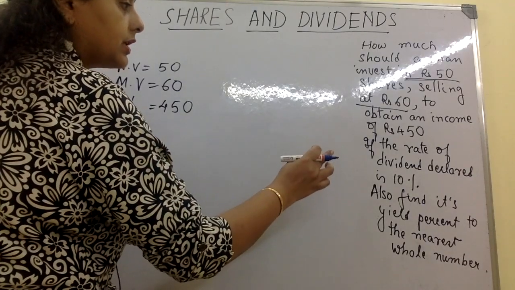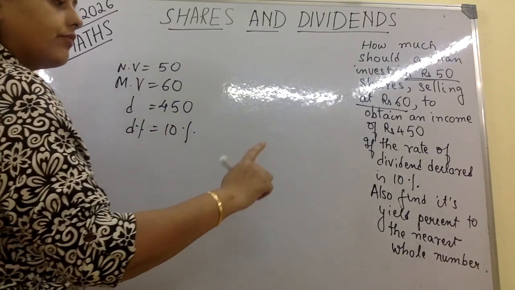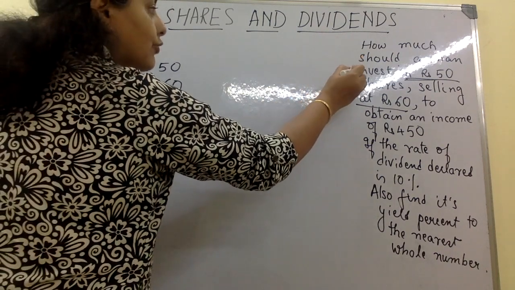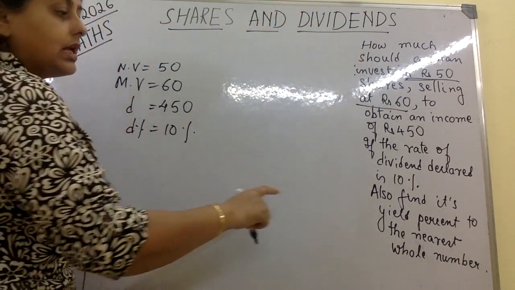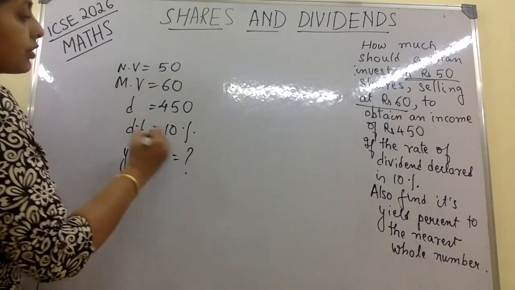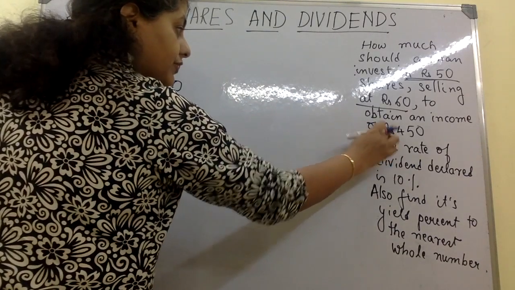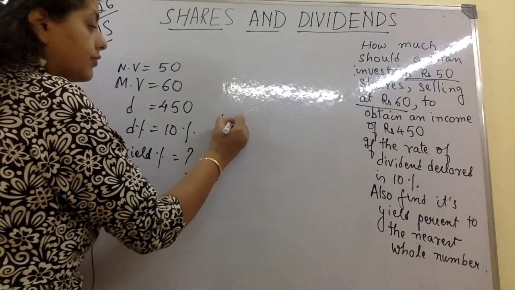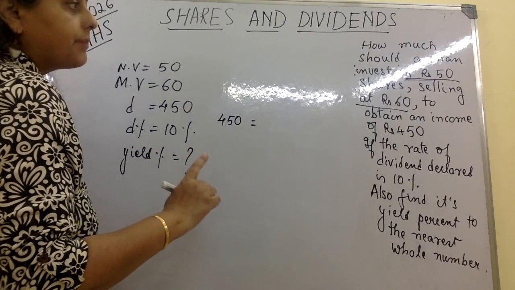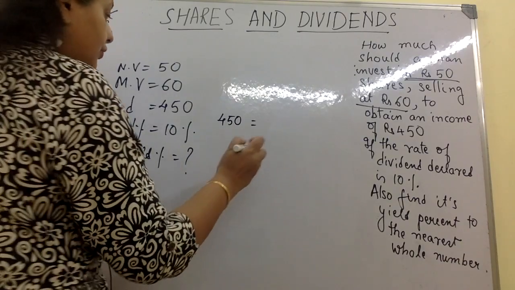If the rate of dividend declared is 10%, make a note of everything, also find its yield percent. So first thing is they want the investment, that is the total market value, and also they want the yield percent. So this is what we are going to find. First thing is, if his income is rupees 450, it means he has got a dividend of 450. If they have declared dividend as 10%, in that case 450 is